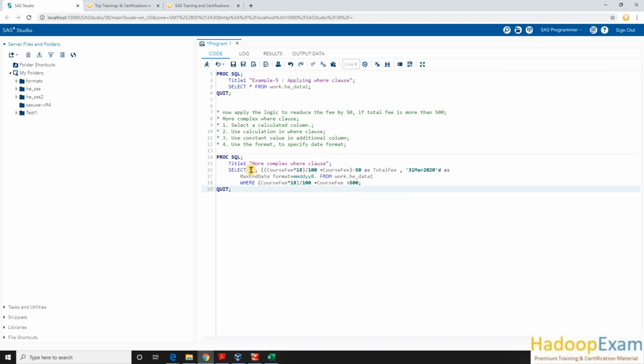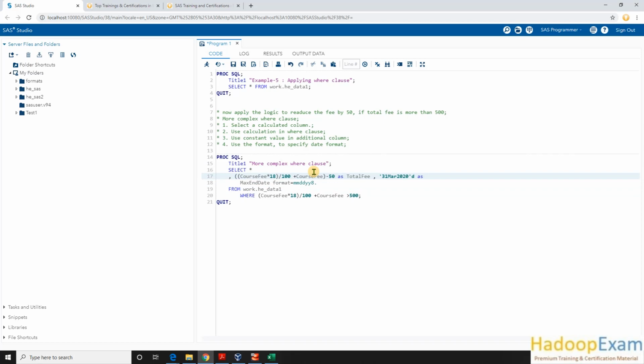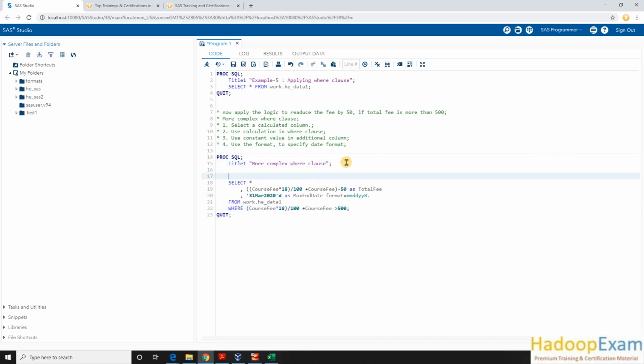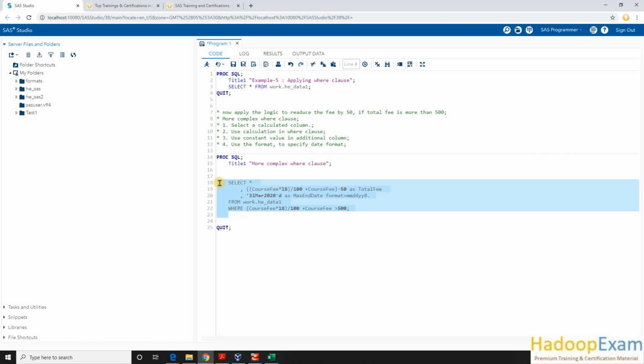Here you can see the asterisk selecting all the records from this table. Better to format it like this. I would put everything in a different row so it is easy to understand. And this is my where clause. This is the title, nothing to do with the query. So this is my query. This is known as a SQL query, the structured query language. Select star: all the columns you would be selecting. First thing here, select star.